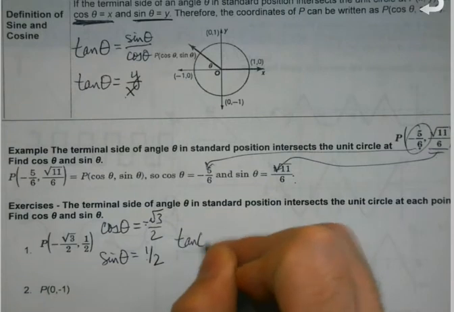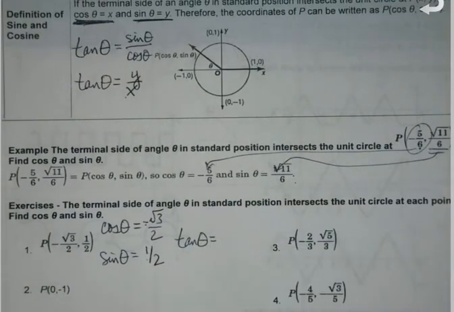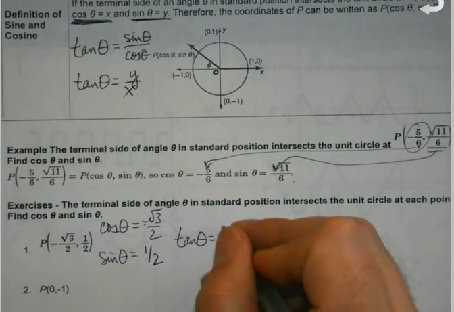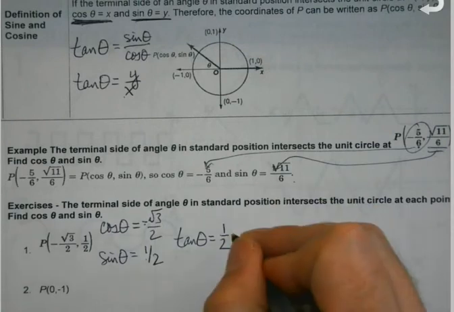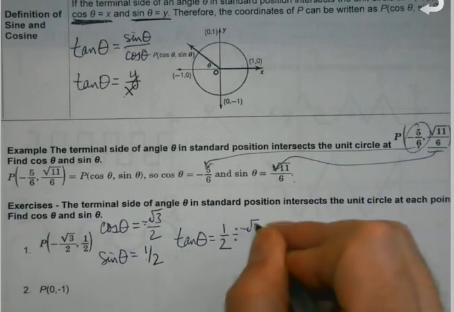But let me ask this. What if I asked you to find the tangent of theta at that same place? Because we noted up top it would just be sine divided by cosine. Another way of looking at it, if you do sine divided by cosine, and I'll do it completely out once, and then we'll start figuring out where the shortcut's going to come. If I do sine divided by cosine,